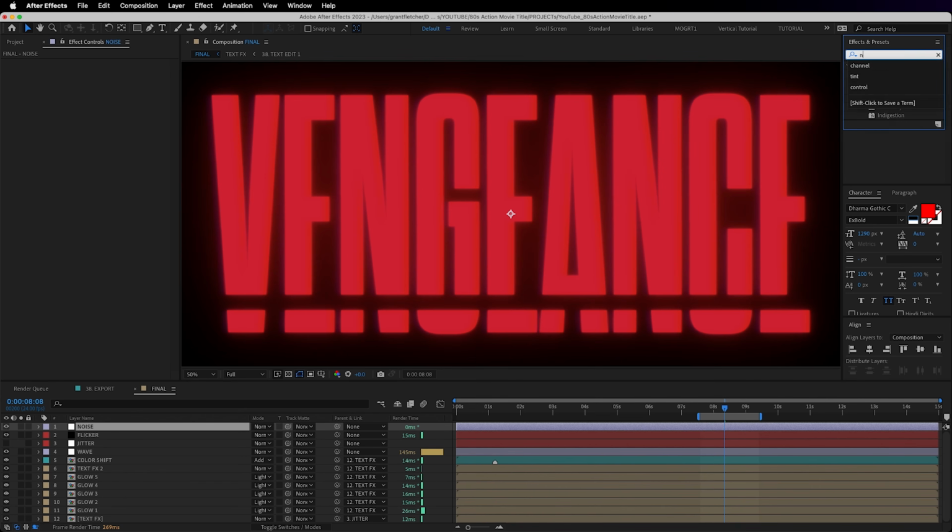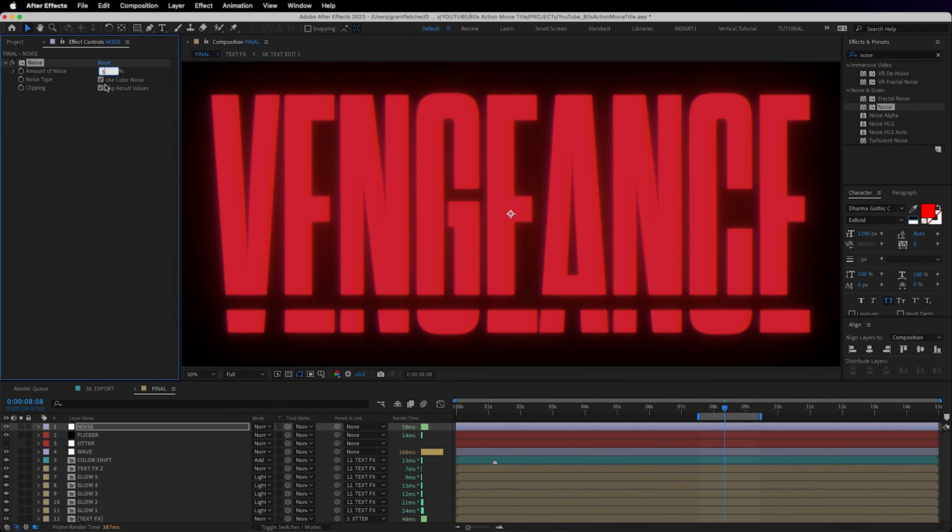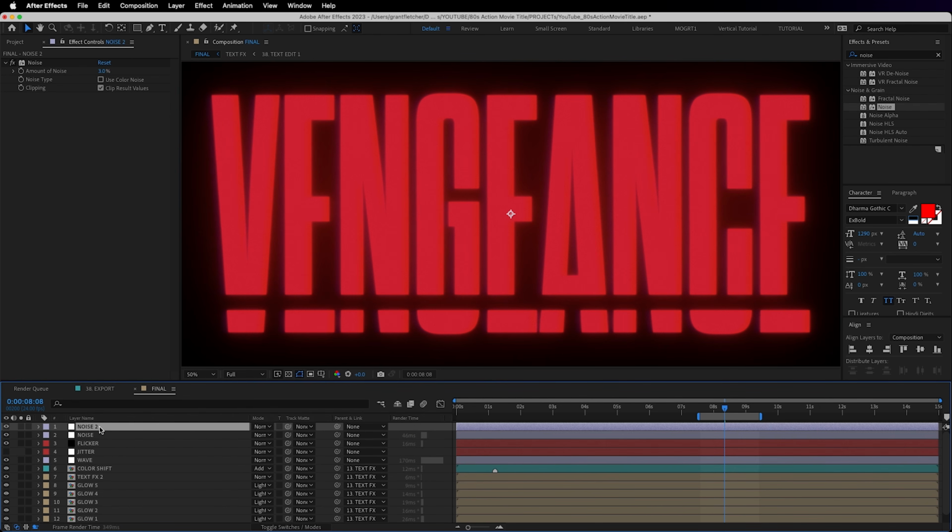And we're just going to go up here. We're going to type in noise, double click. Maybe we'll go 3. I'm not going to use color noise in this case. And that noise, that grain is just going to help it look more like film. It's going to mess it up a little bit. And then on top of this, and I know we're still going with adjustments,